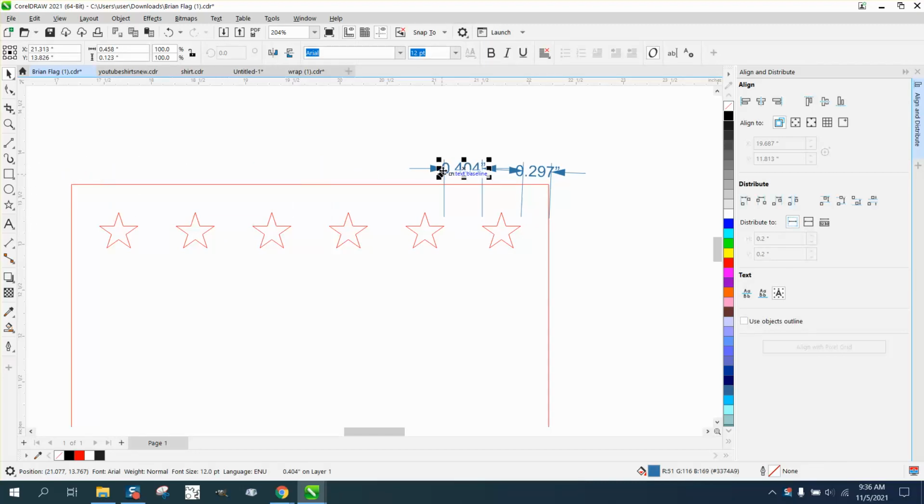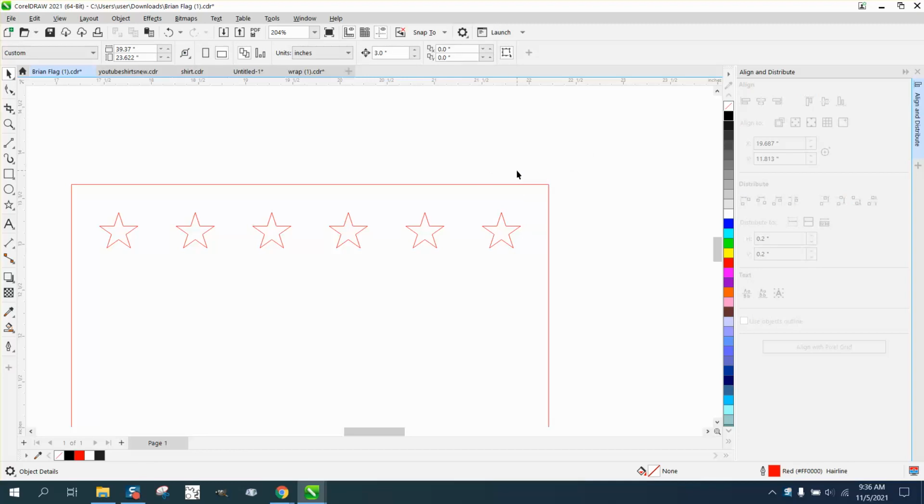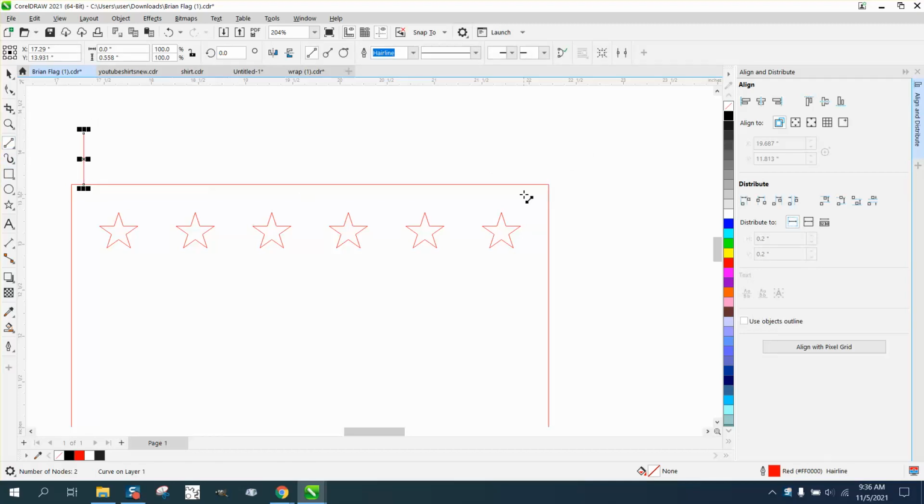the way we did. If you didn't watch part one, you might be a little confused. But if we take a 2-point line, doesn't have to be very big, we're going to make it black just so we can see it better. And we're going to snap it to this wall of our flag. I'm going to hit the plus key on the keyboard and have it snap to there. Now, instead of having just 6 stars, you've got